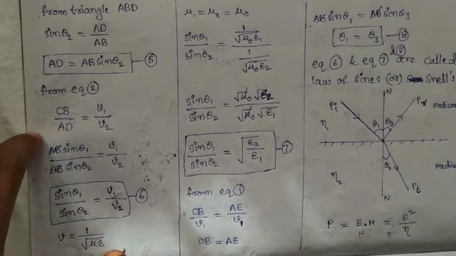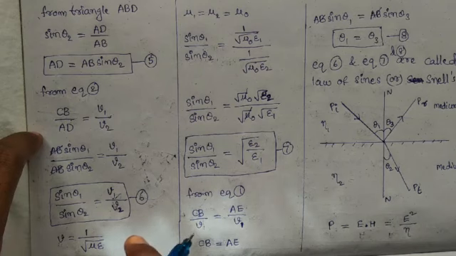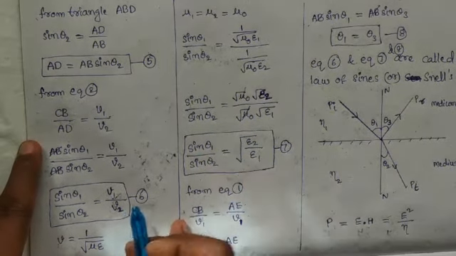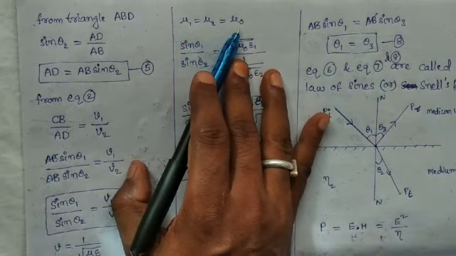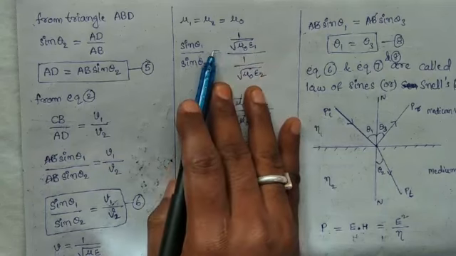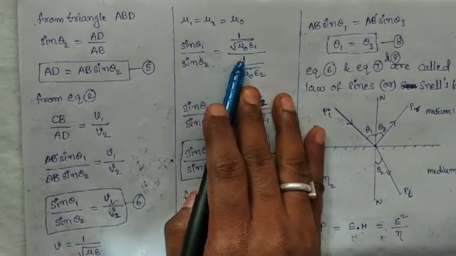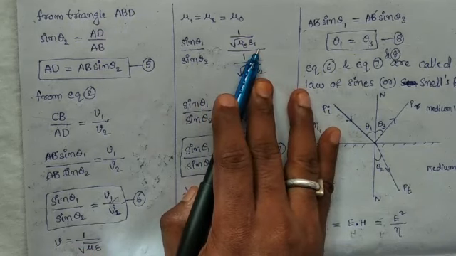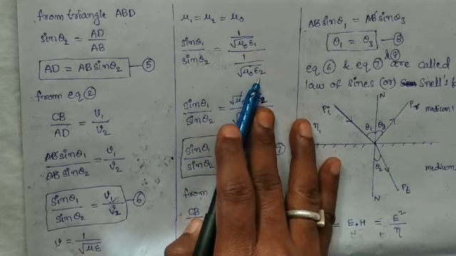Here practically the magnetic mediums are equated to what? Free space it is. Practically, permeability mu1, mu2 is equal to what? Mu naught it is. Here now sin theta 1 by sin theta 2 is equal to v1 by v2, which is in terms of this formula 1 by square root of mu naught epsilon 1 by 1 by square root of mu naught epsilon 2 it is.